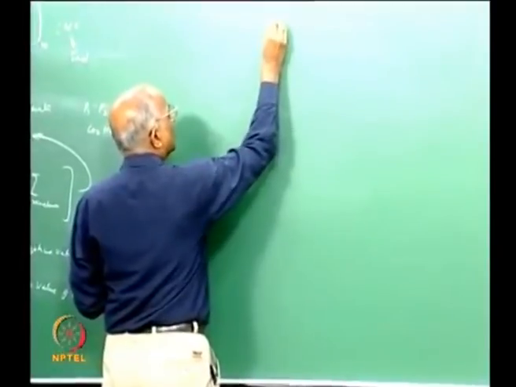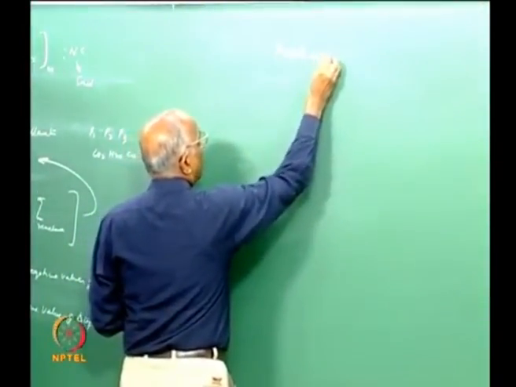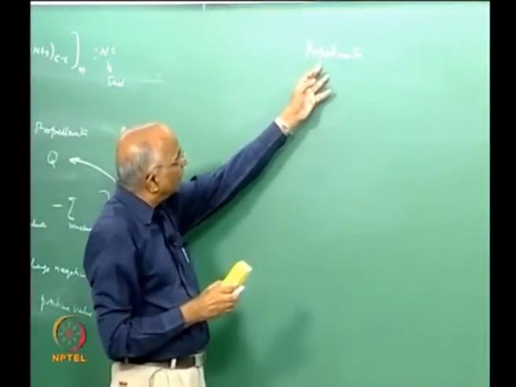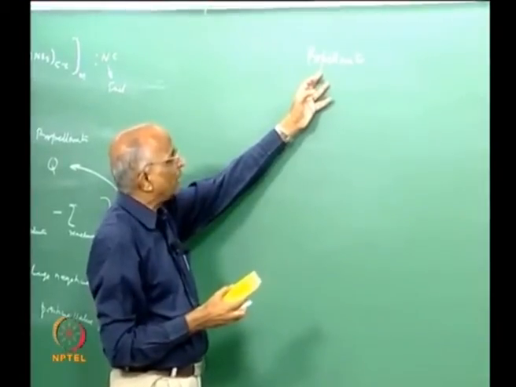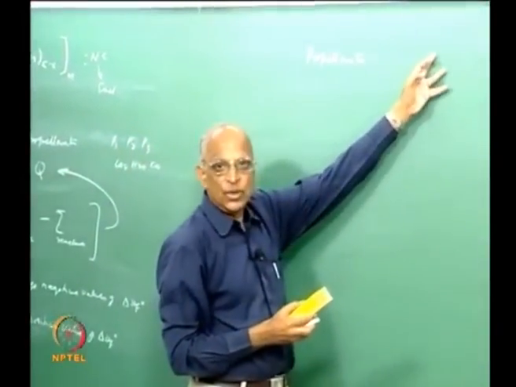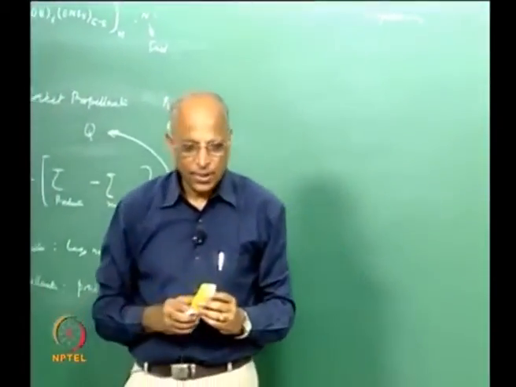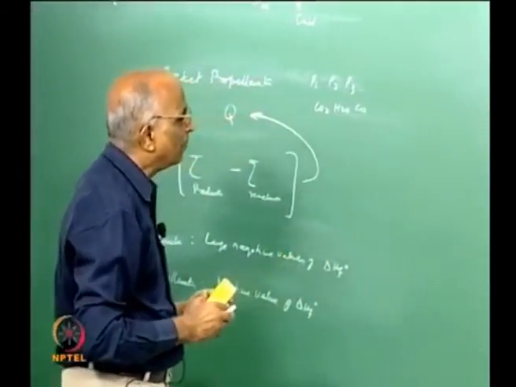Therefore, we tell ourselves the choice of propellants for rockets basically should have propellants which have positive values of heat of formation or small negative values, and the products they form should have large negative values. I think this part must be clear, and we will do one or two problems towards the end of this class, it will become further clear.